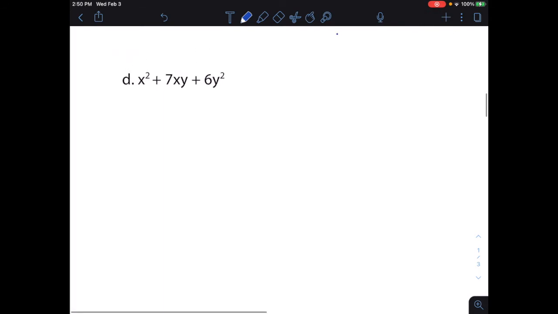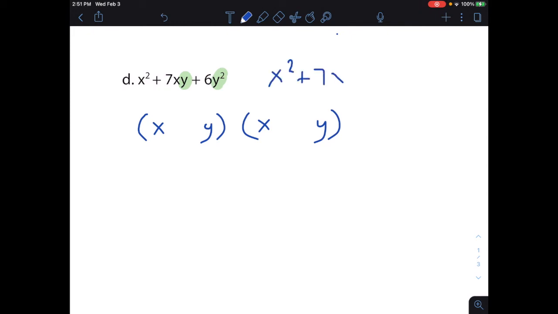to run into. The difference between D and the three that we just did is we have a y squared and a y right there. All right, and the only thing that this does is it causes us to have a y with the second term in each one of the binomials. All right, so instead of having just an x in the front to start with, we could also just throw a y in the back in the second term. Okay, and then we could kind of just ignore the y there and say, hey, it's actually just x squared plus 7x plus 6